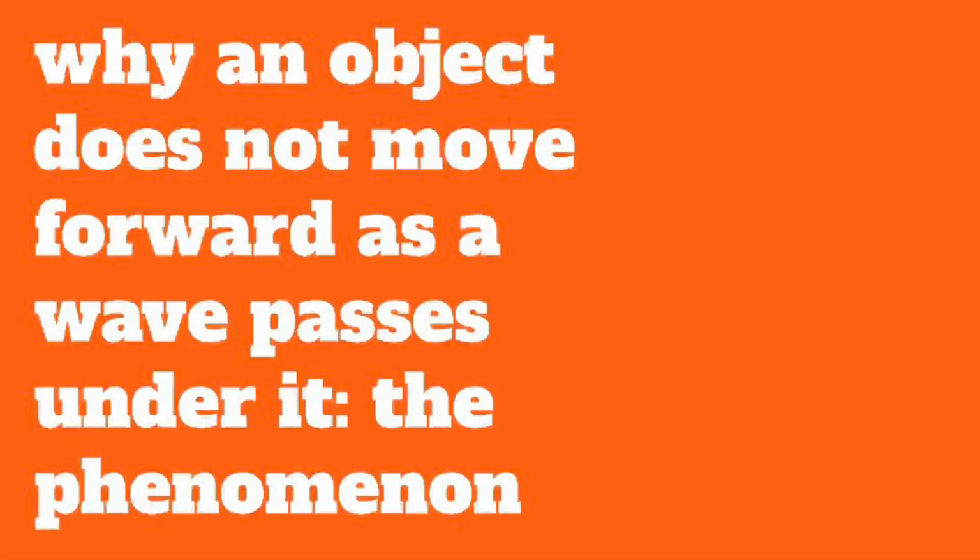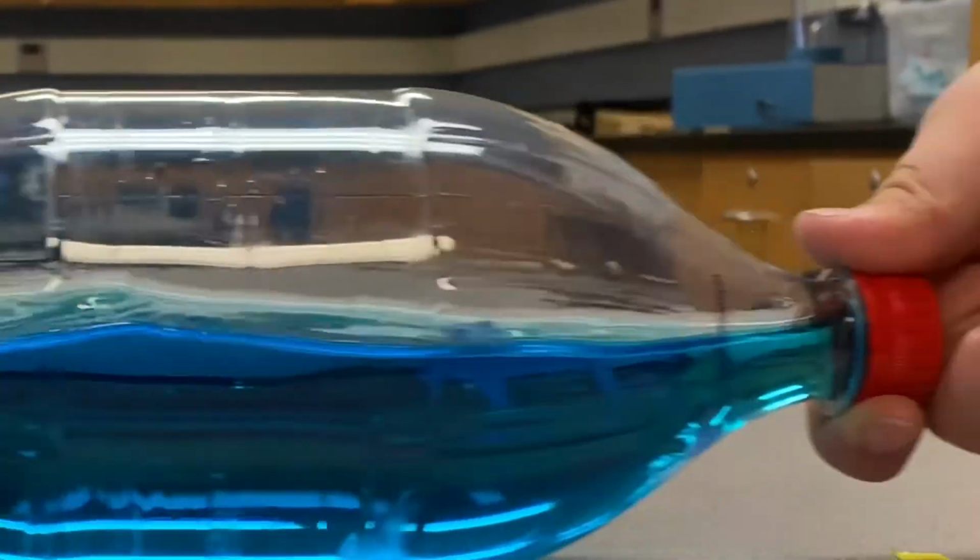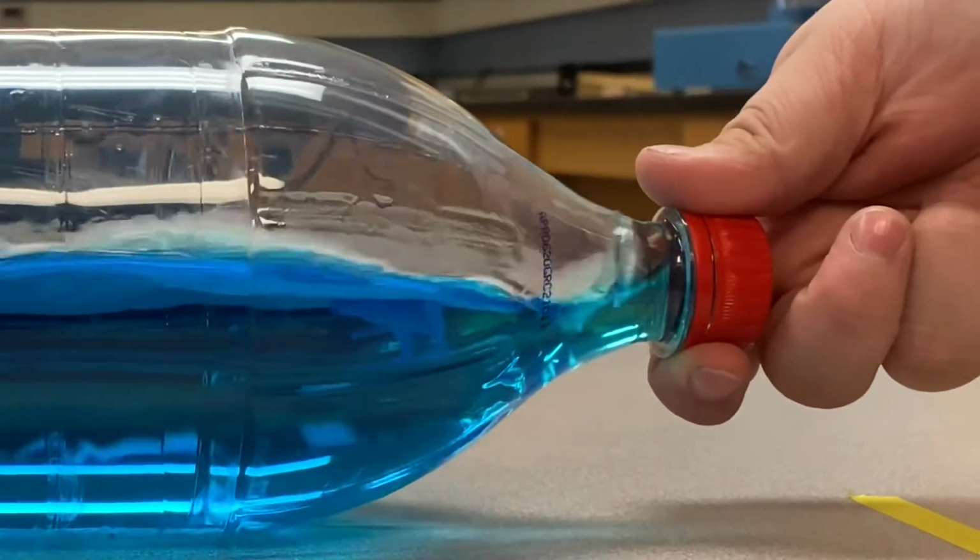Now we can move on to this crazy phenomenon: why an object doesn't move forward when a wave goes under it. As you can see in this footage, the small dolphin rotates in a clockwise direction. But why? Well, this is because of the simple fact that waves transfer energy from something moving rather than moving things that have mass. The waves in this situation only move the dolphin up and down or in a clockwise